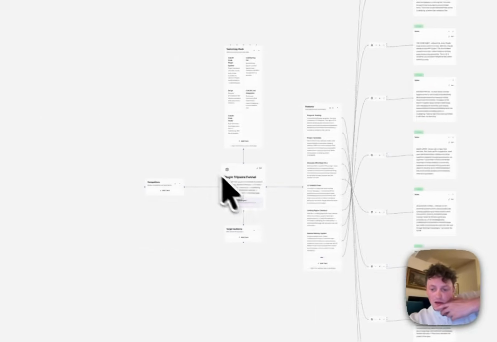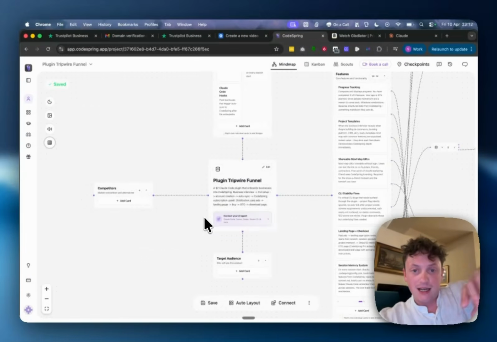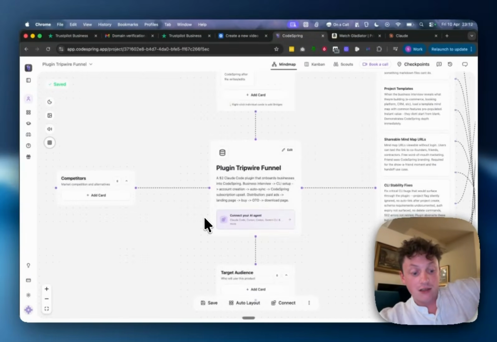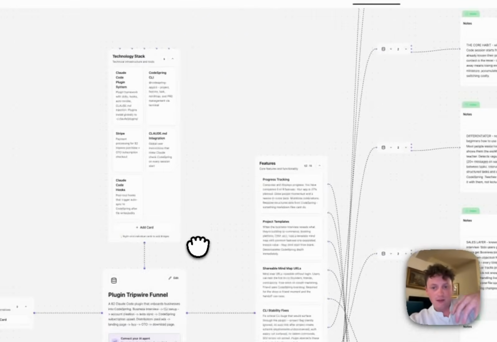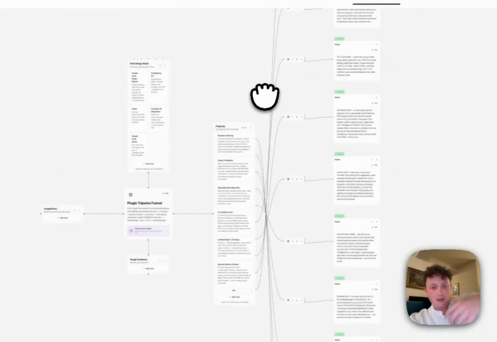Well, we've now created CodeSpring CLI, which basically allows you to connect your agent, like Claude Code, directly to CodeSpring. So you can actually visualize your plans like this inside CodeSpring. It's more than just a visualizer. I'll explain a little bit more about what it does, but you can see, okay, this is the product I'm